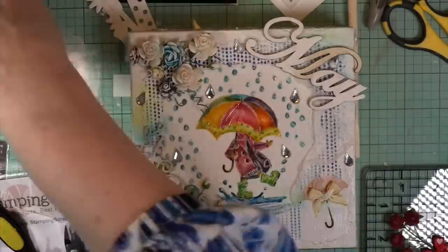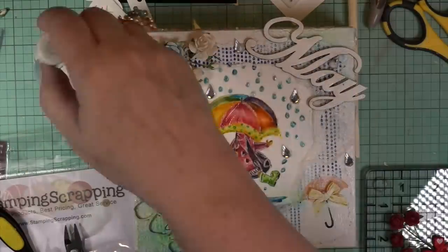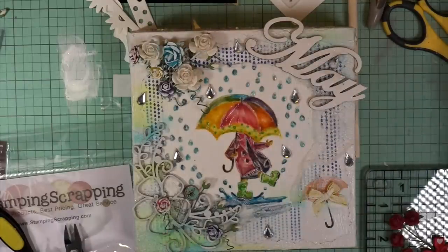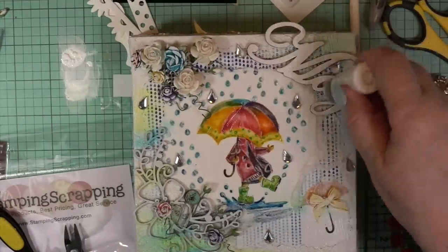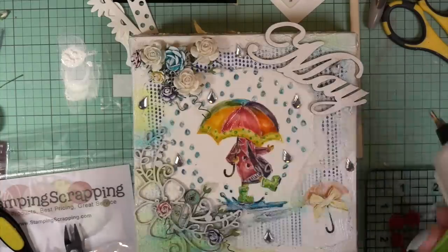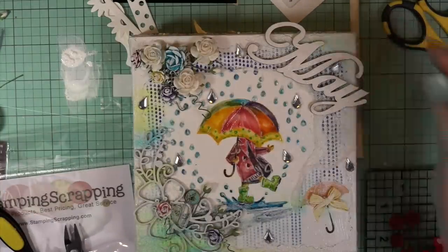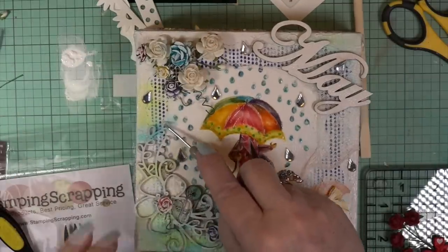Then I took my pouncer and my white gesso there, and I was able to use that little tube that I had of gesso instead of getting out that honking tub full. And yeah, just squirted on the side. I think I used it all up actually. Yeah, I glue gunned that down, and there we're just going to make sure this is dry, and then the